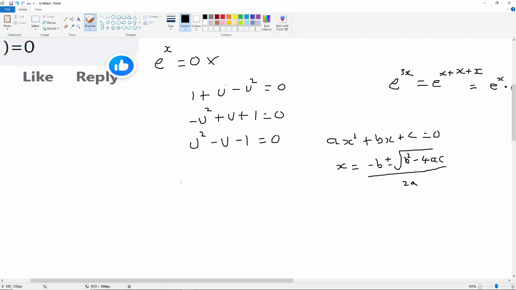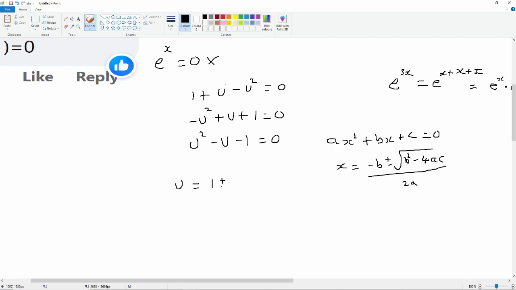So u is equal to negative b, so it's negative 1, which would be a positive 1. Positive 1